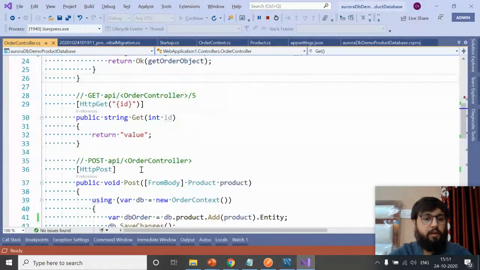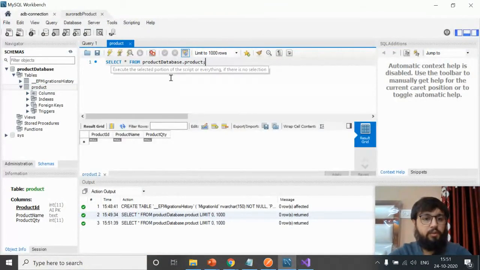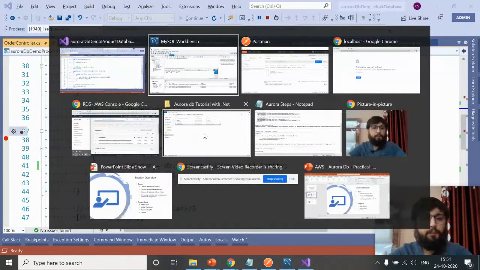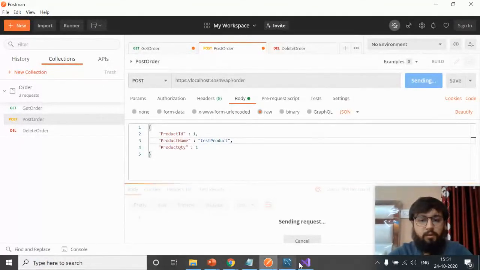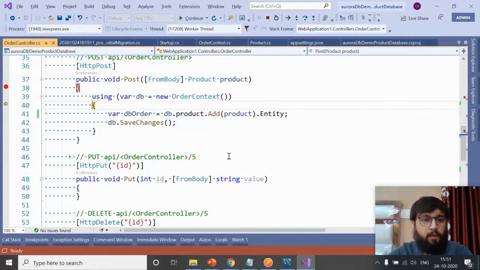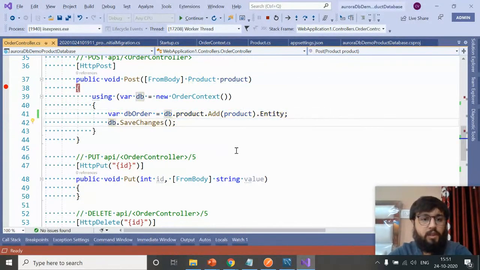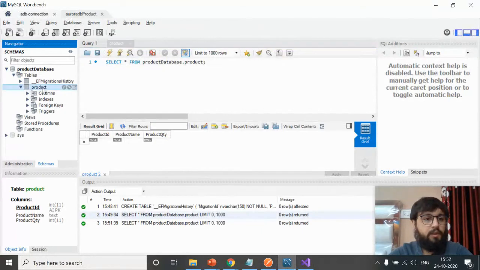I think we have not added the breakpoint, but it must have saved the data in the database. We'll click on F5 or execute this query, but still we do not have the data. Let me put a breakpoint here and see what's the problem. Click on send. Okay, we are not getting the request. Okay, we have the request now. If we have the product information which we added, then it will save, and it will save in the database as well.